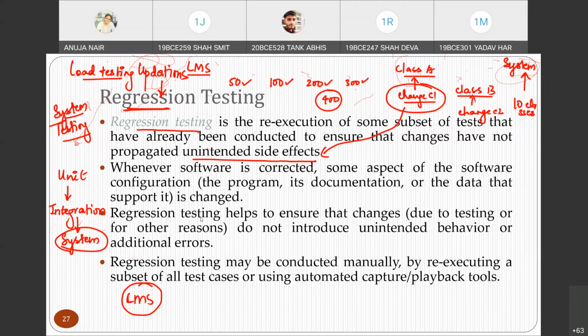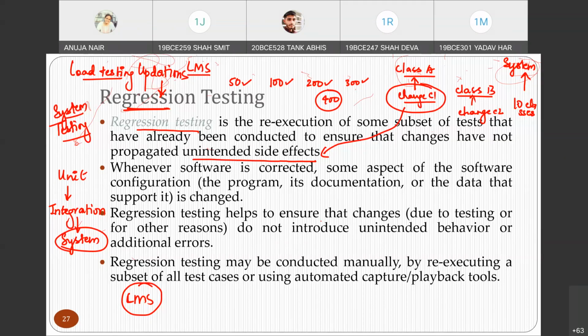When some correction happens, something among these will definitely change, okay? So regression testing helps to ensure that the changes due to testing or any other reason do not introduce unintended behavior or additional errors. That is what we do by means of regression testing.